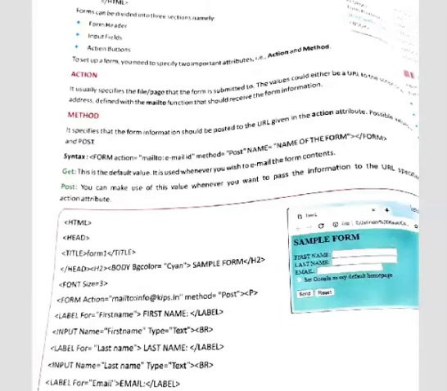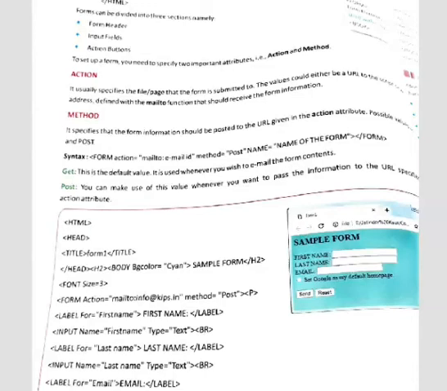Like here you can see the example, form action is equal to mailto:info@gips.in and method is post. It means method can be get and post. Get means the data is extracted, and post means to submit the data. Action means how it will display the information.